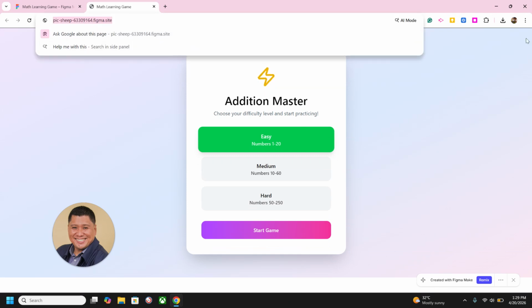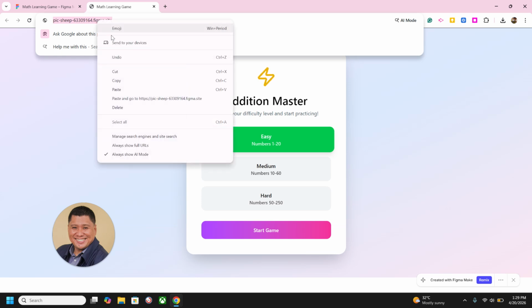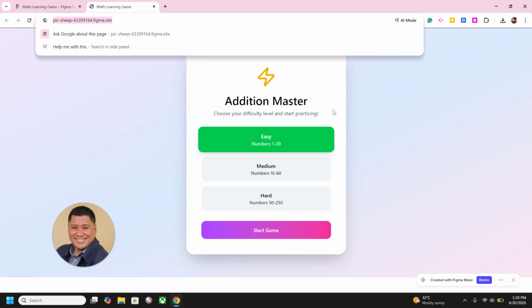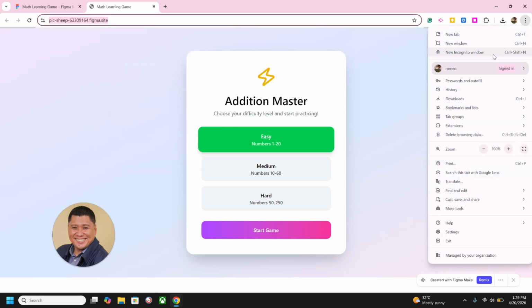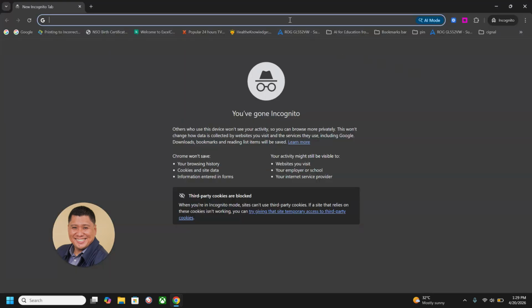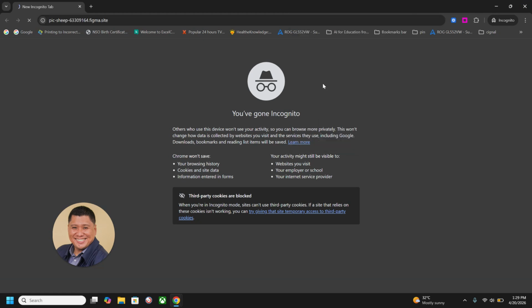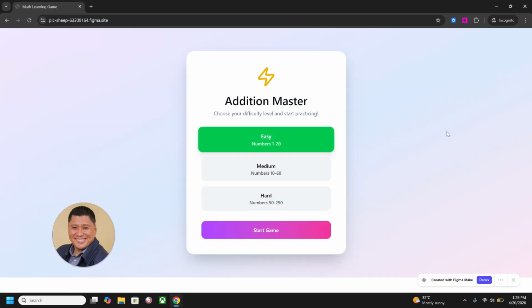Using this URL, you can go to your Google Classroom or post it in your LMS, and let your students answer it before they come to class, during your class, or whenever they want to access it. For example, I just copied the URL here and I'll open it in incognito just to let you see people can already access this, like so.